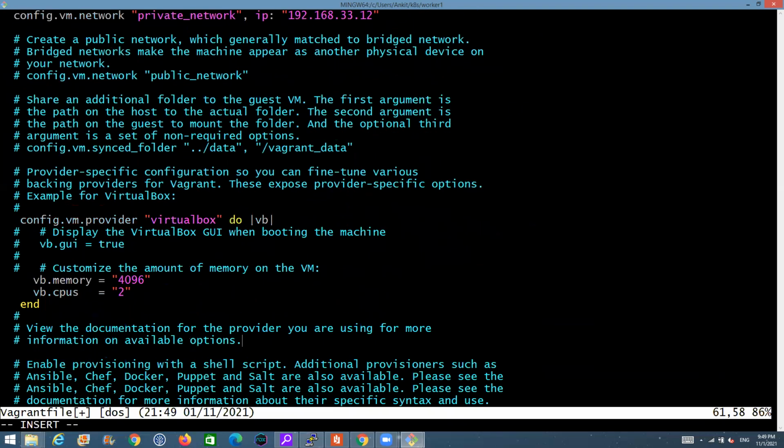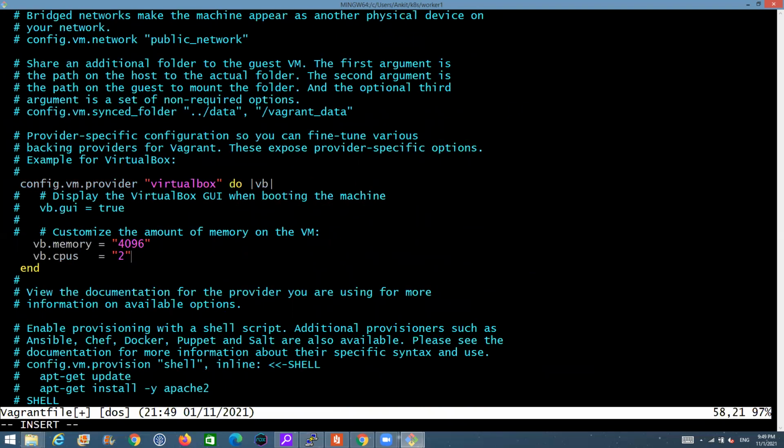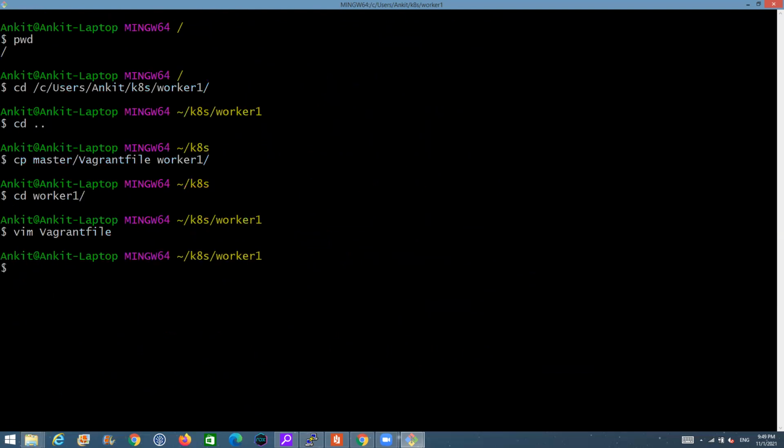So they will have different IPs. Here I would like to reduce the memory. I'm going to say 2048 because it's a worker machine, so I don't want to provide too much memory in that case. All right, that's the only change.